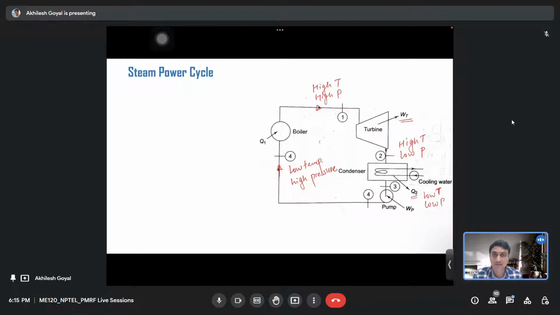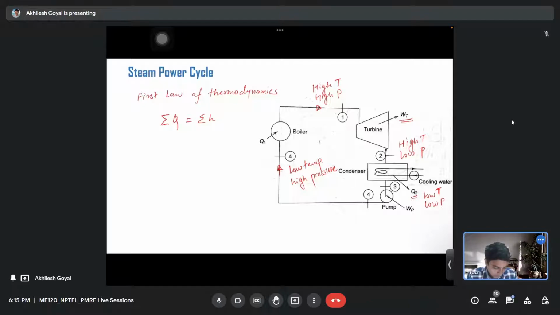So this is a normal steam power cycle. Okay, so here we can see in the whole cycle, heat Q1 is supplied and heat Q2 is rejected in the condenser, and we receive WT, turbine work, and also WP, that is pump work, is supplied to the system. So from the first law of thermodynamics, we can say summation of Q is equal to summation of W,